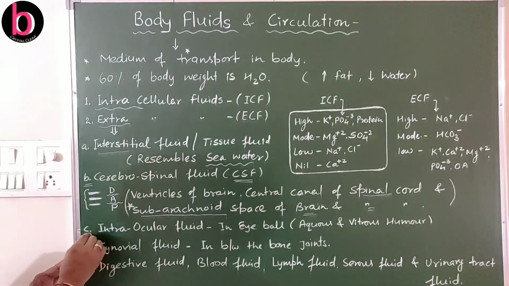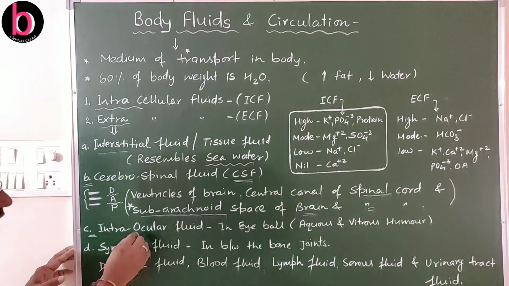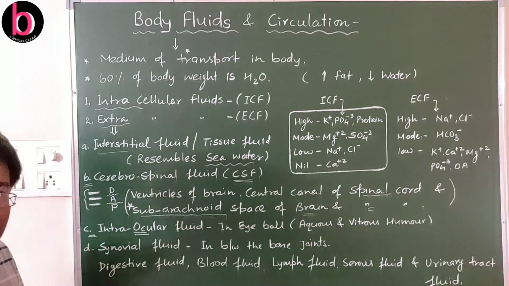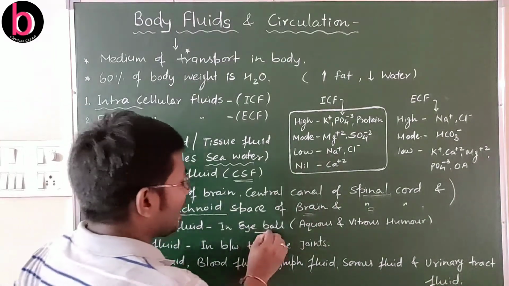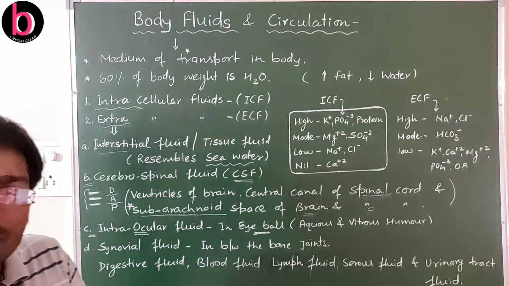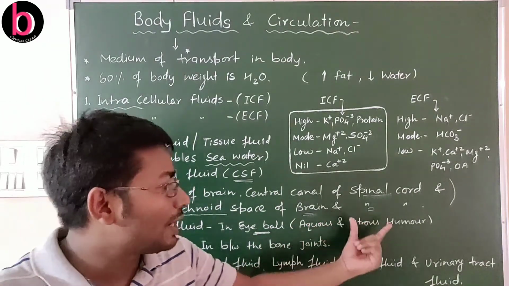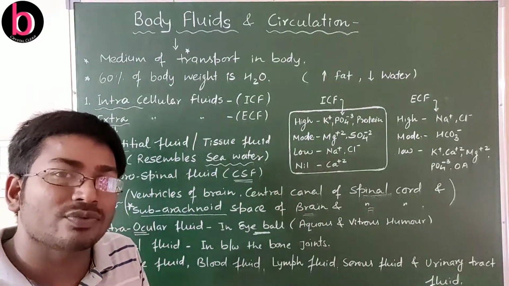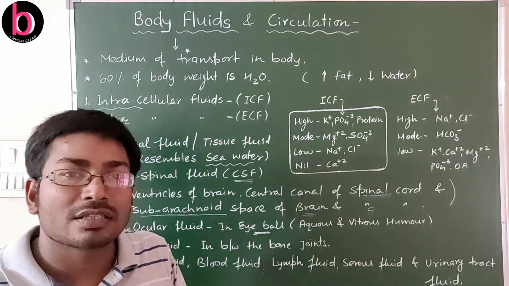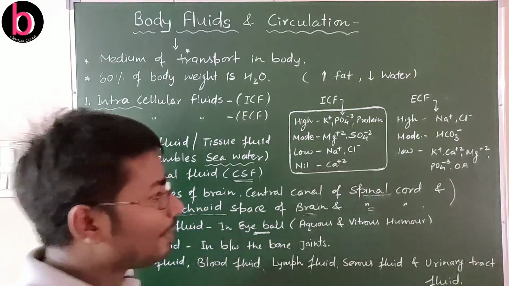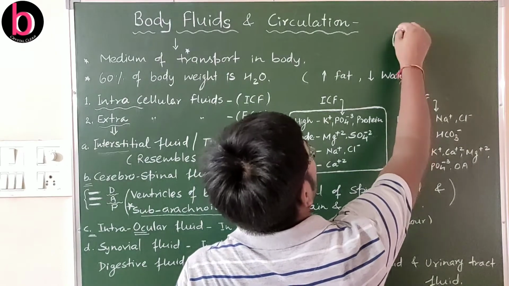Next, this is about intraocular fluid. This is again very important. The word ocular is related with eye. So this fluid is present here in the eyeball. There are actually two fluids. The outer one is known as aqueous fluid, while the inner one is vitreous fluid, or we can say aqueous humor or vitreous humor. When we discuss the structure of the eye, just for example, here this is lens,